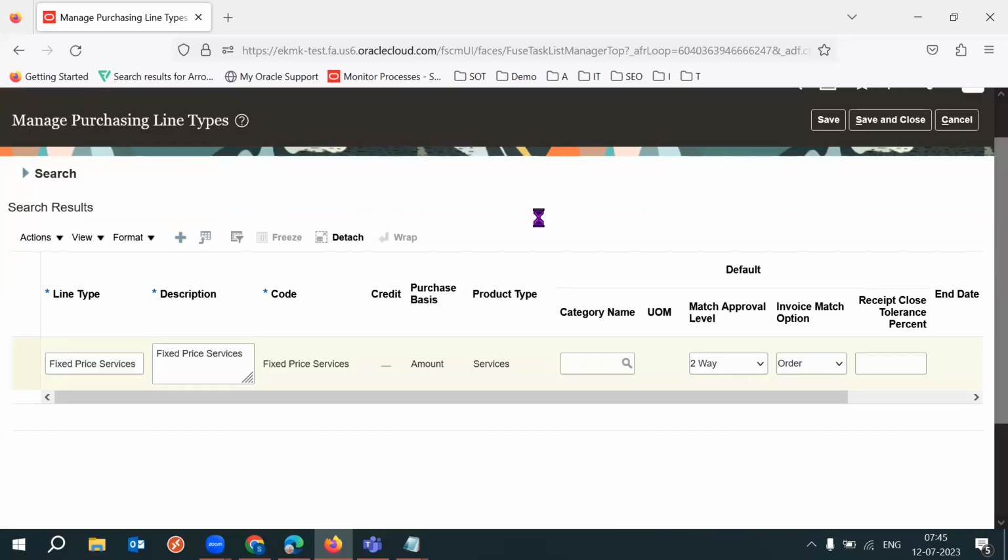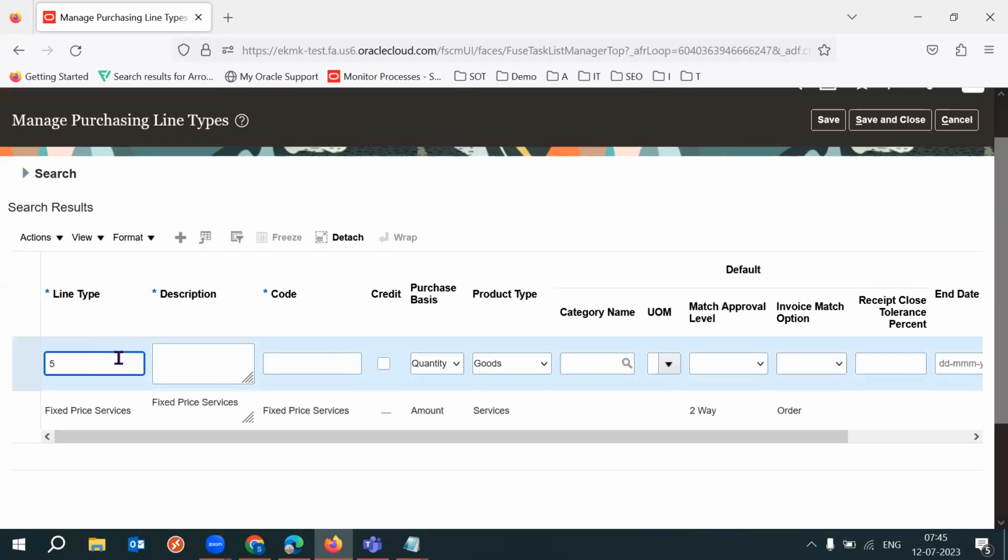Now you can create your own line type also. Let me create a new line type exclusively for trainings. Name, description, and code: training. You pay quantity-wise or a fixed amount. When you select fixed amount, it means I'll pay you 5 lakhs, and you have to deliver training for my employees. If you select quantity,